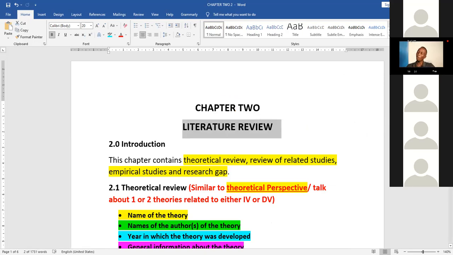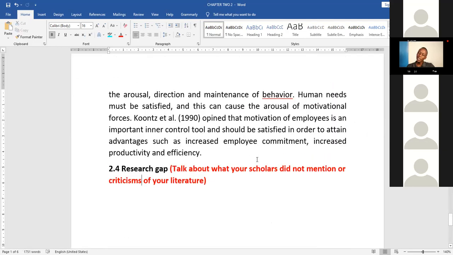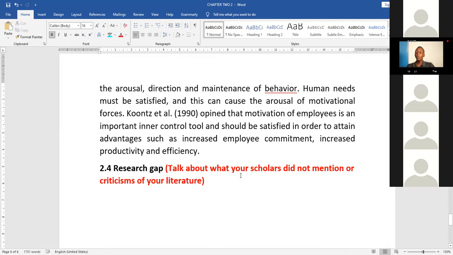Now, how do you come up with the research gap? Research gap means that you need to talk about what your scholars did not mention. I'm going to give you an example. I can even say, Ahmed 2010 noted that motivation of employees is an important inner control tool and should be satisfied in order to attain advantages such as increased employee commitment, increased productivity and